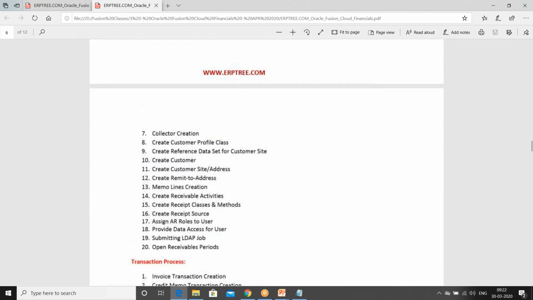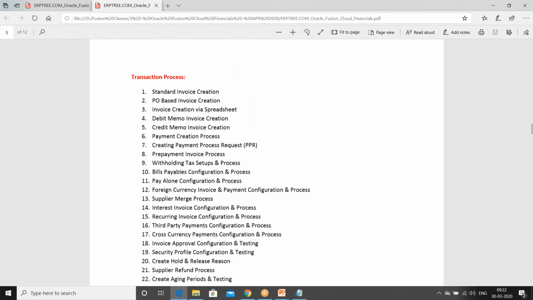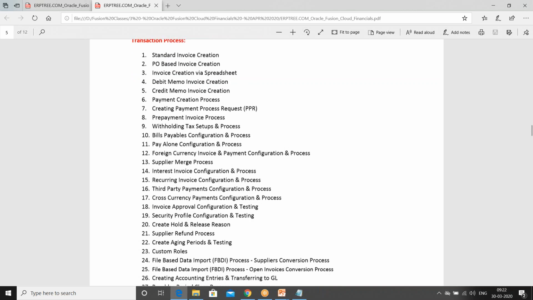Lakshman, one question on FBDI. Do we have templates provided for every master data table and transactional data table, or is there a limited number of templates? Many templates are available. For most of the data that clients prefer to load, Oracle has provided templates. You can download all templates from the Oracle website. That is an open link. Anyone can go and download.